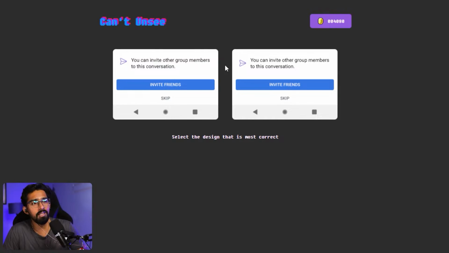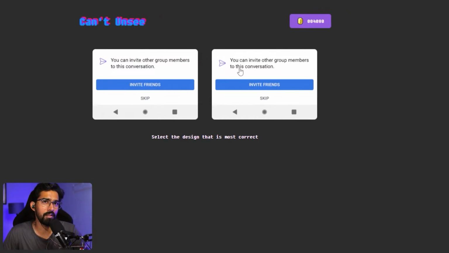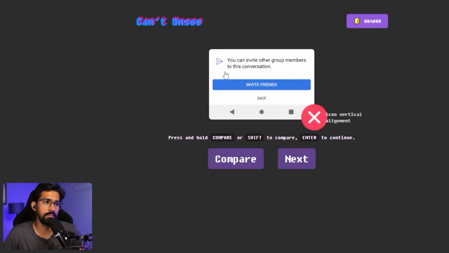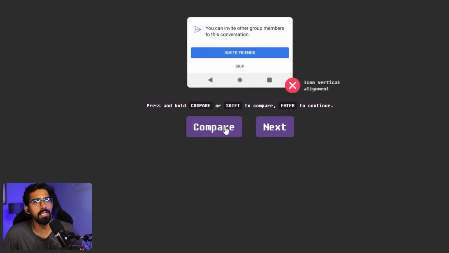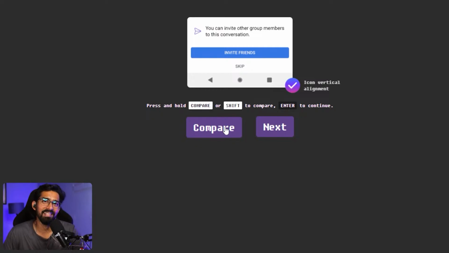Yeah, so these are the statements that I'm looking for. Okay, let's see. Icon vertical alignment. So in this case, the other one is correct because it is middle aligned. No, but Pixel, I agree with your point.